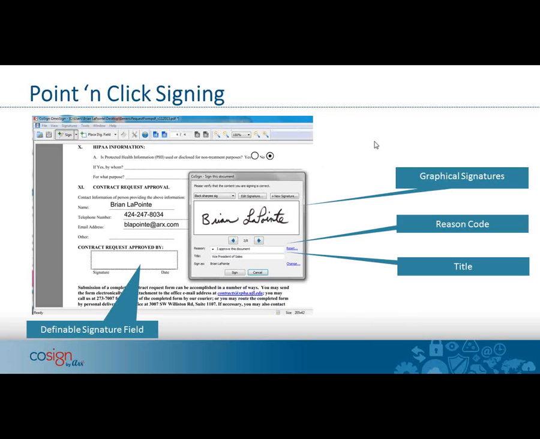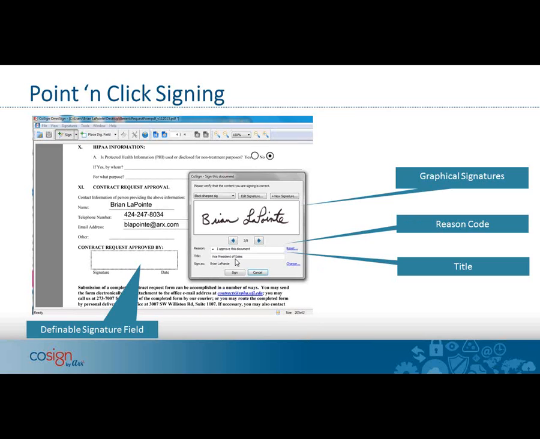So how does it work? Very quick. We have a nice suite of desktop applications that very easily allow you to open up a document. And essentially, point and shoot or lasso and drag where you would like to drop a signature, as this screenshot's showing you. And then at that point, there's a nice little dialog box that opens up. And with Cosign, you can store as many of your graphical signatures as you like. Here's an example right here of one of mine, but it could be an engineering seal. It could be my initials. It could be a company logo dropped in behind there. Whatever you want to use as a seal or visual representation of your signature on a document.